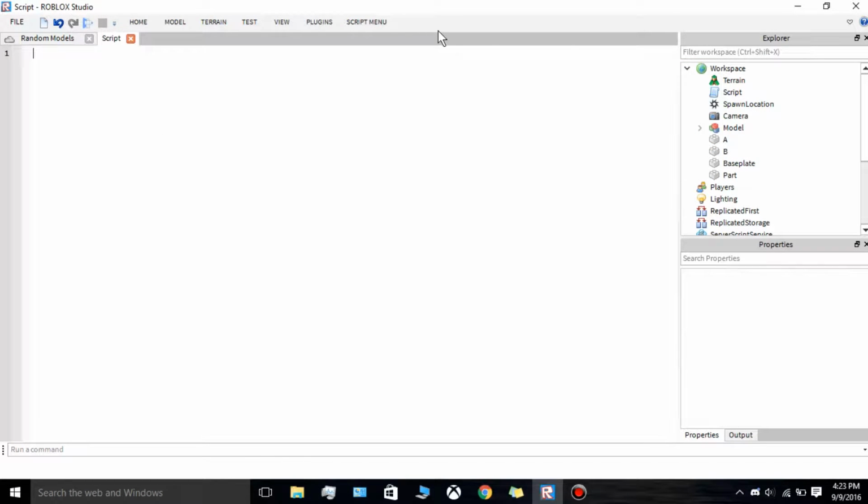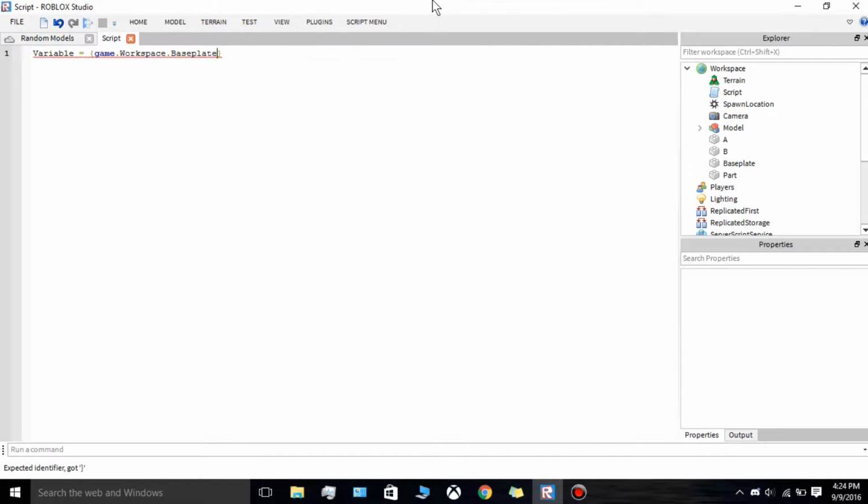Tables are a data type called a table, and you can make one by setting up a variable and setting it equal to these curly brackets. Two of them, one opening, one closing. Then inside is where you can put your information. A table is a structure that allows you to put in multiple pieces of information, like a string, boolean, number, even an object, like game.workspace.baseplate. So let's do